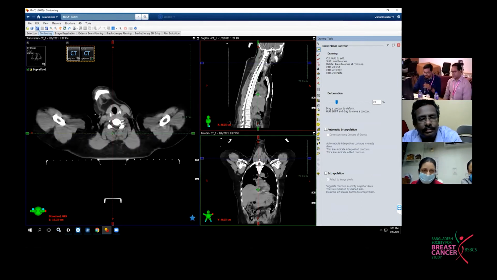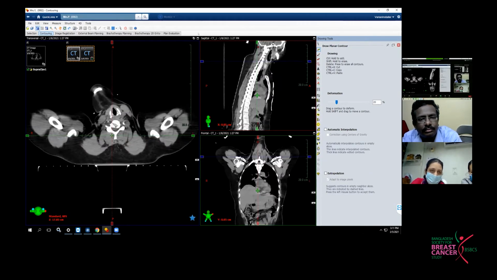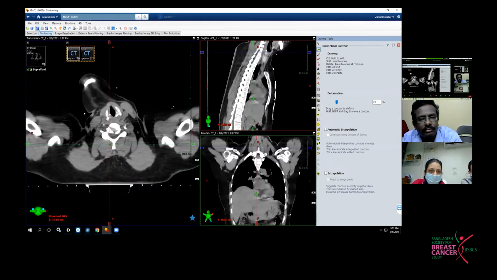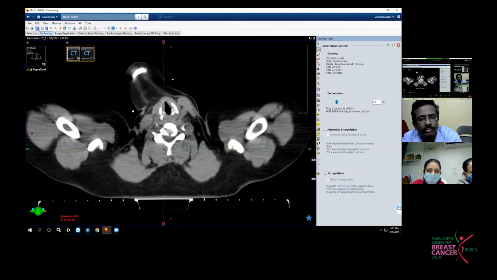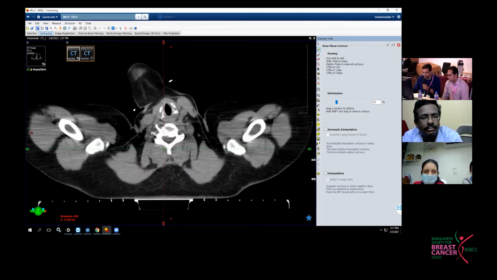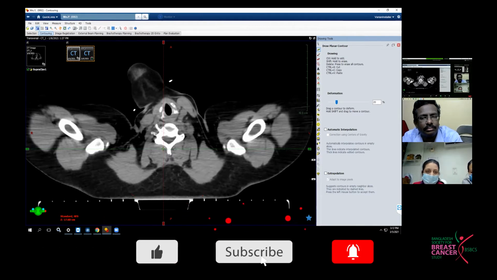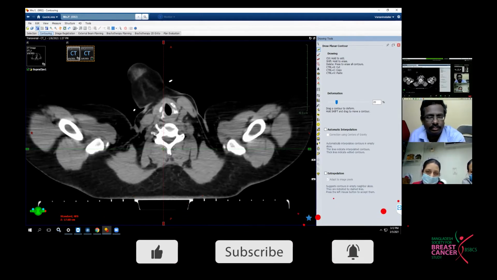So the superior border will be the lower caudal edge of the cricoid cartilage. Please show that. Yes, the cricoid cartilage, that's much better. And this is the lower end of the cricoid cartilage. Yes, correct. Now I'm going to start the contouring. No. You tell us what are the other structures which decide the medial and the lateral borders. Demonstrate all the structures in this.